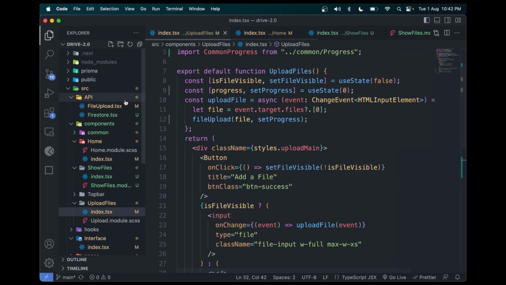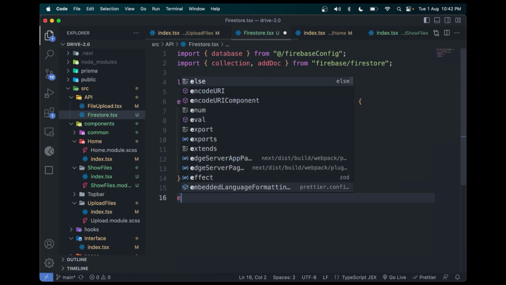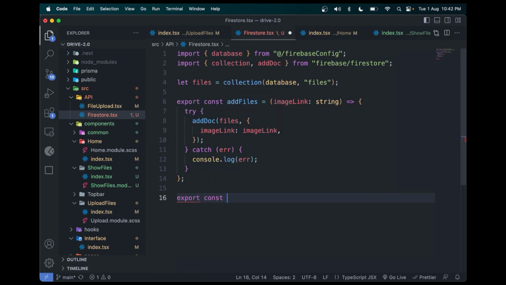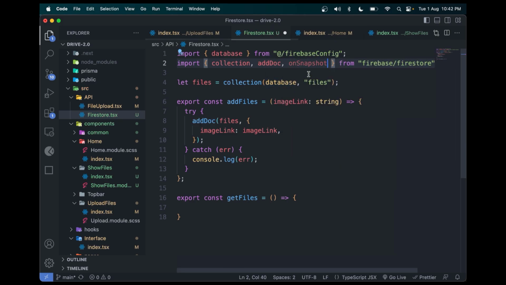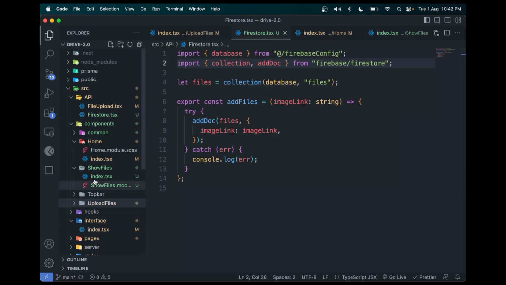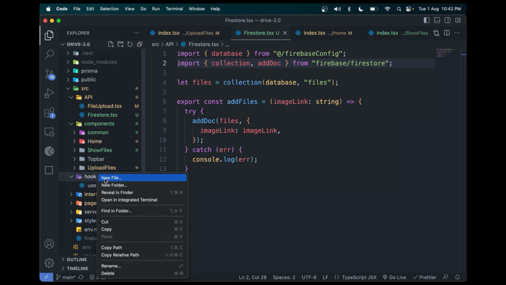Now we need a function to get all the files. So we can make export const get files. So we have the files in here. We need function called on snapshot. Okay. So basically I should not have this here. Let me create a hook for this, a custom hook. Because the on snapshot function is not an API function, we can just call it in our client side. So we can say